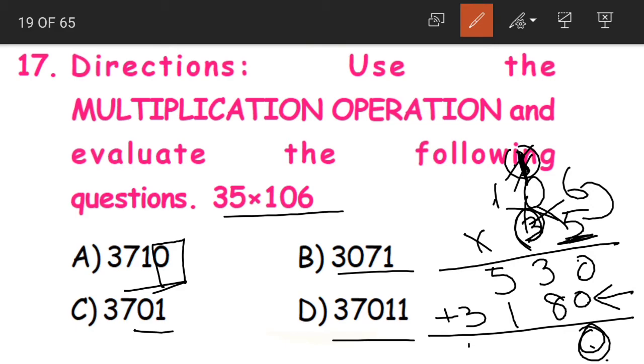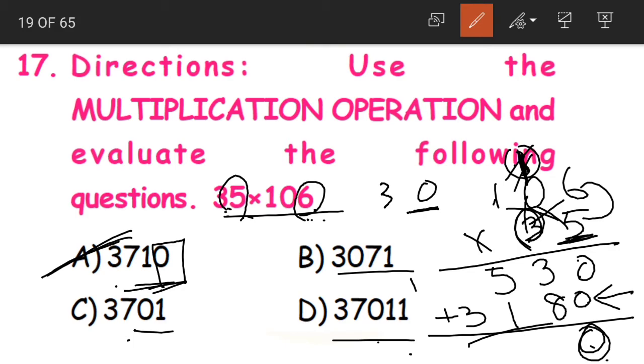So even without adding the remaining numbers, I can say that option A is my correct answer. Again, if you are smart enough, what you can do here is take the digits in the units places. 5 6s are how much? 5 6s are 30. Now in this product, what number is in the units place? 0. So look at the options and tell me which number has 0 in the units place. Option A. So option A will be the correct answer.